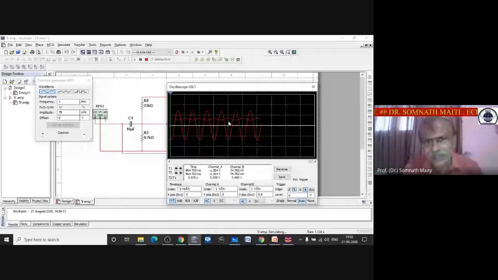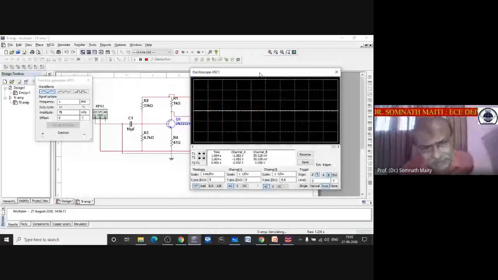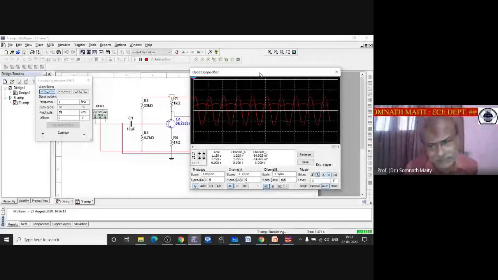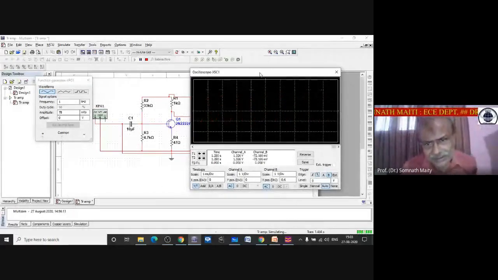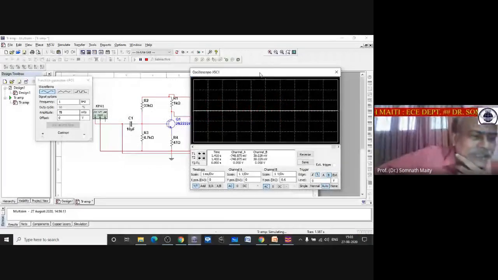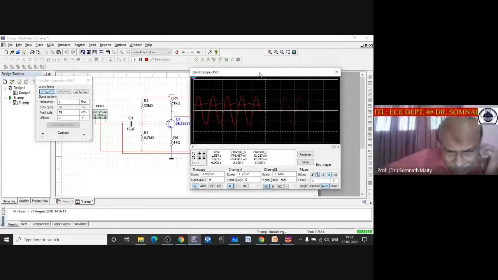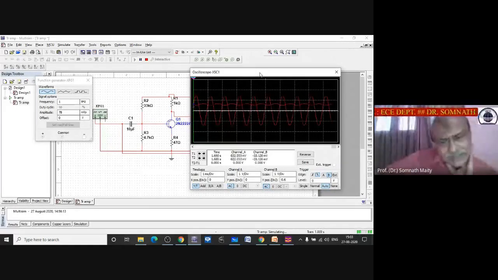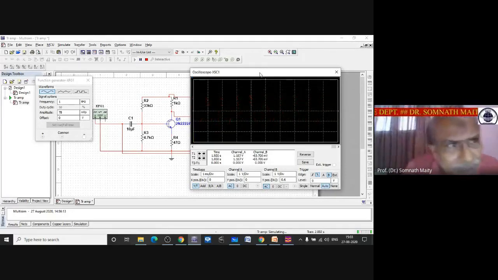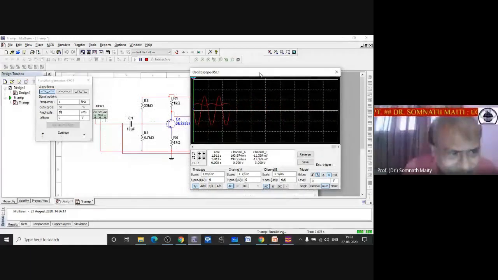This is how you can do practical work sitting with your laptop. This is the actual software to be used for practical purposes. But it's a pirated one, so I cannot prescribe it. I can suggest this software for you, but in my class, in between, I am going to use this one. Okay.